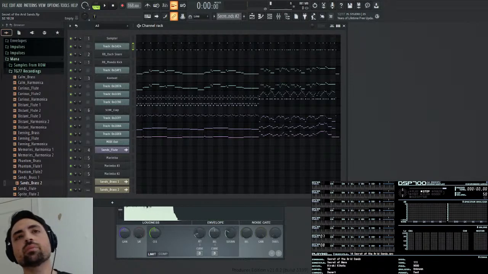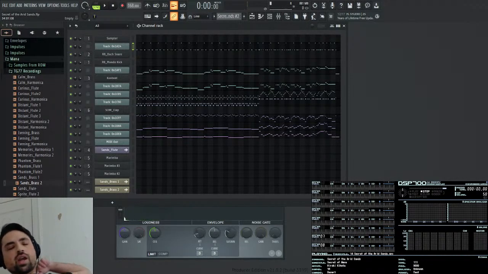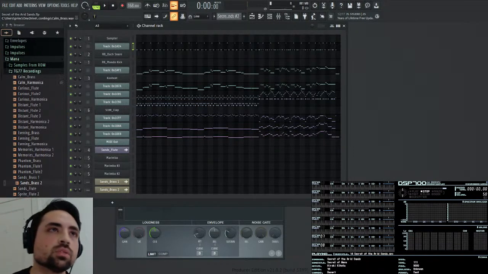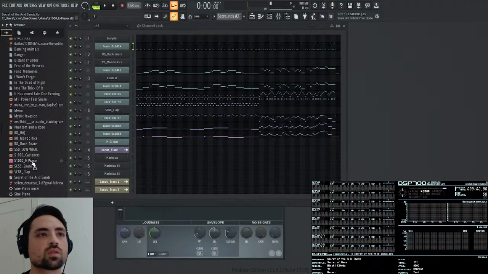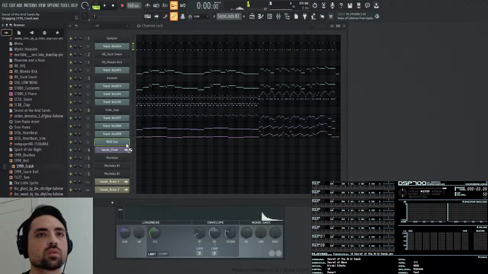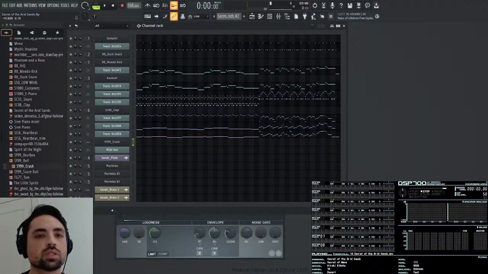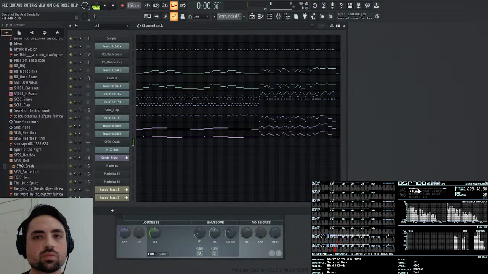And so what happens in the rest? Oh yeah, there's a harmonica and then there's a crash somewhere. So let me grab my crash sample. I don't remember if it was in the first one or the second one, but let's see. In the second one.